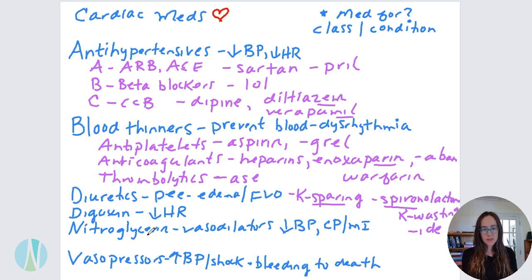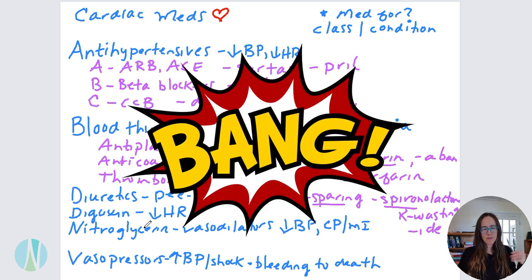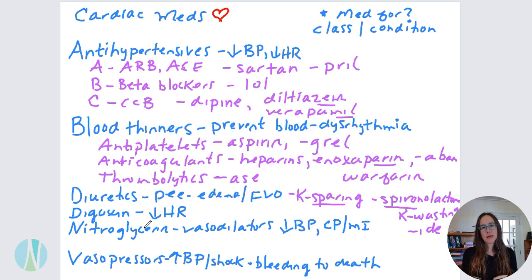The nitroglycerin is actually, I think it's an ingredient in dynamite. It like explodes, it vasodilates, it gets bigger. So it helps open up those vessels. And all of those have the word nitro or nitrate in them. Really easy to remember. And then the main vasopressors, so the ones that are going to help increase that blood pressure,